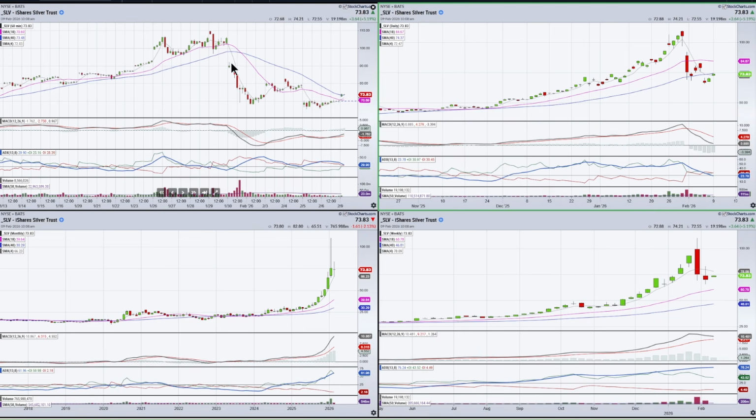But either way, I think this is the type of thing we want to be on the lookout for when something gets really stretched away, right? And then we look for this exhaustion signal in the ADX. This is the most powerful signal you're going to find. It's way better than the MACD divergence, okay? Look for this exhaustion signal. I've done a number of videos on it, and I think this can really help. Use these big red bars and big green bars as ignition signals for you, and then just be patient and